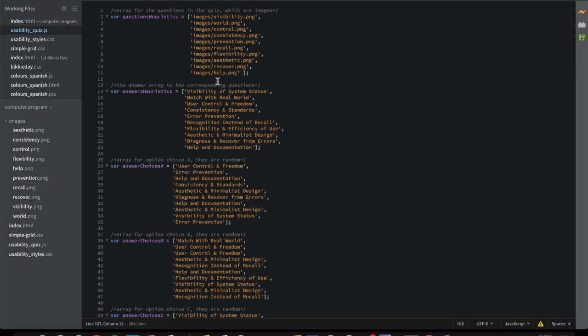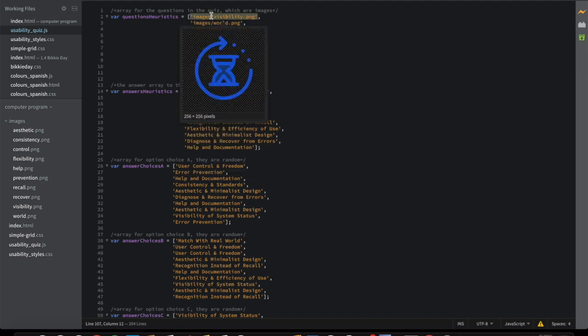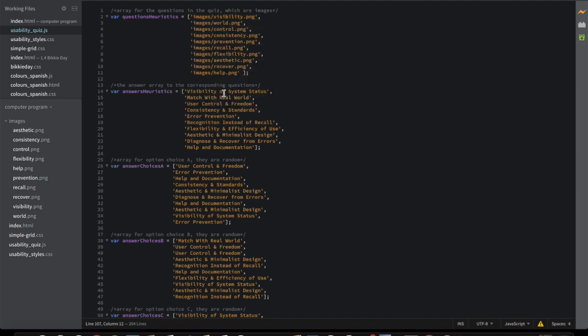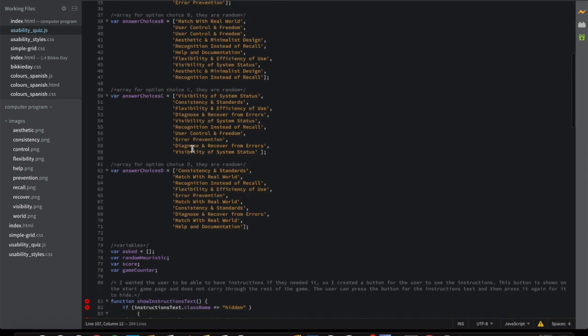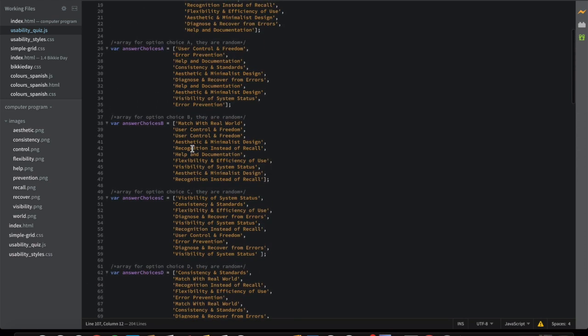These two are the corresponding image questions with their corresponding usability heuristics. And these are 4 options, A, B, C, D,